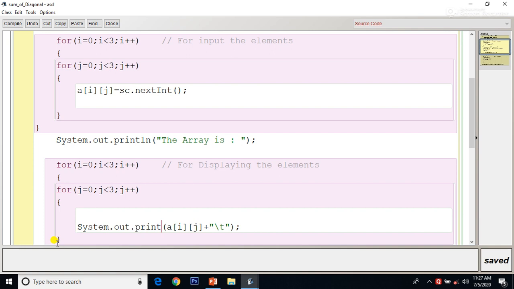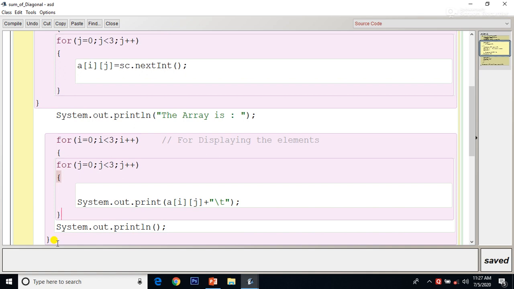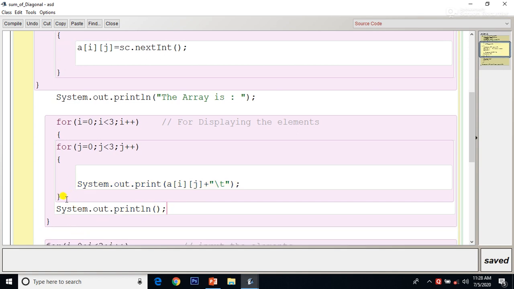That is why, instead of println, I print a of i of j, and for the gap, backslash t is an escape sequence. As in the last video we talked about the backslash n and backslash t. After that I am changing the line, that is System.out.println. That means the first row will be printed, and then the line will break. And this is the closing of the column loop, and this is the closing of the row loop.